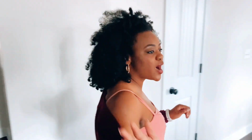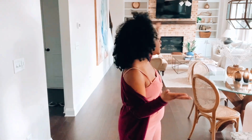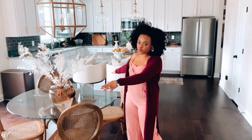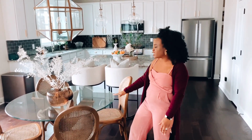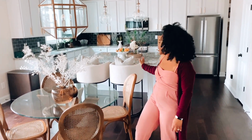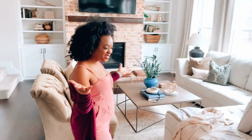All right, so our kitchen is opened to our eat-in dining area and to our living room up here, and we have our casual 4-person seating in here. So we have our formal dining, we have our casual dining, and then we have our super casual dining at our island. This is our eat-in dining area, which opens up to our living room,